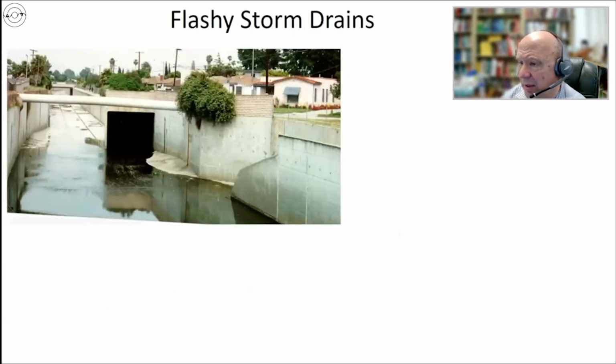So here's a storm drain that's in West Los Angeles. This is close to where I used to live. This is Bayona Creek. You can see it's pretty dry. This is during the winter, but it's during a dry part of the winter. The little bit of water you see in the storm drain is what we call nuisance water. It's usually water that comes from people watering their yards or from cooling tower blowdown or from leaks in pipes and so forth. But you can see there's very little flow there. And look at this white pipe that crosses. That's a water pipe. It's not involved in this other than it helps you see the difference.